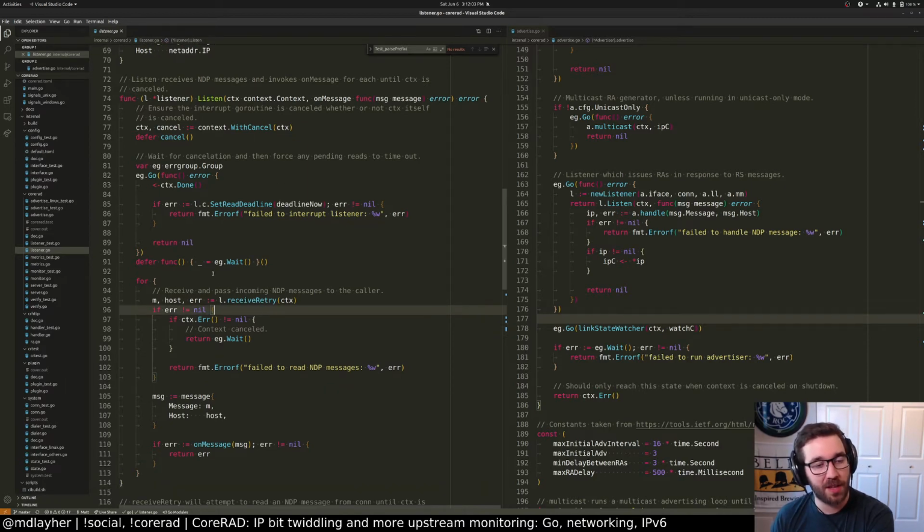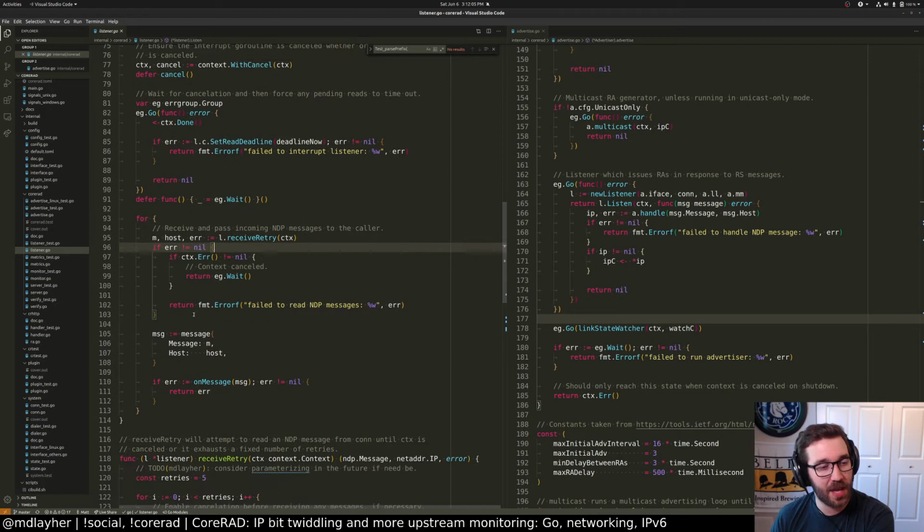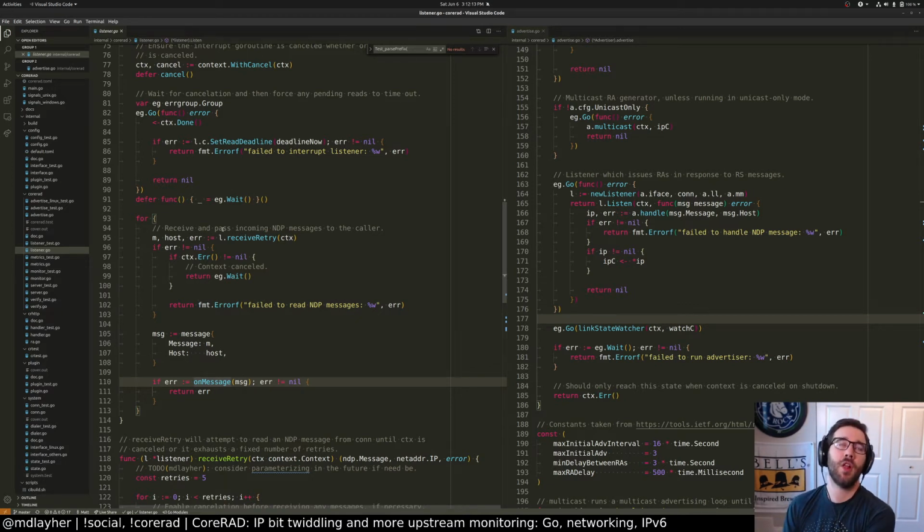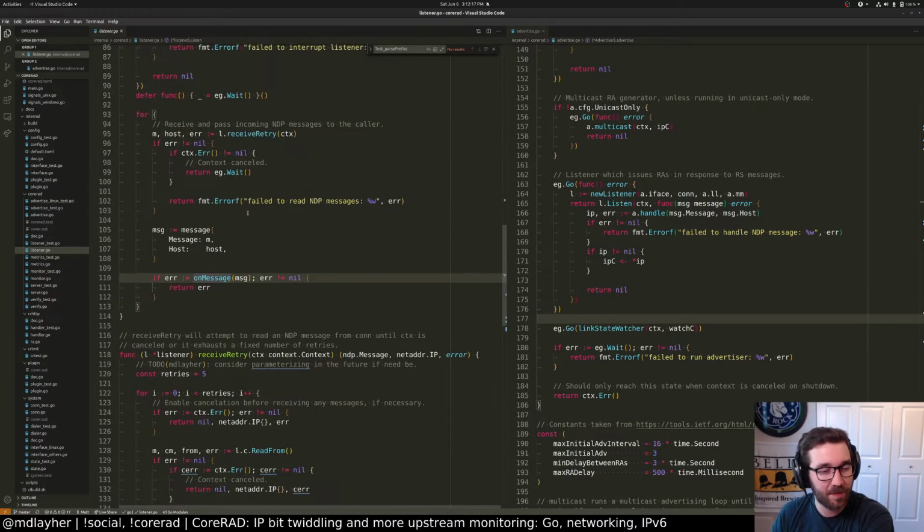So this read loop begins, and we'll start reading messages. Whenever a message is received, we will pass it to the caller through this synchronous callback. We had a discussion in the Go for Slack performance channel the other day about synchronous versus asynchronous callbacks, and this actually makes sense in this case.